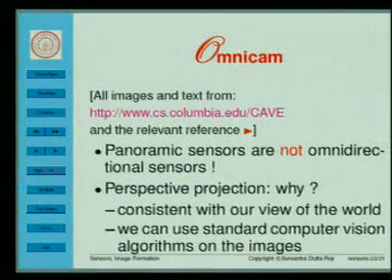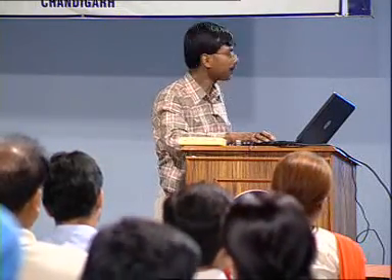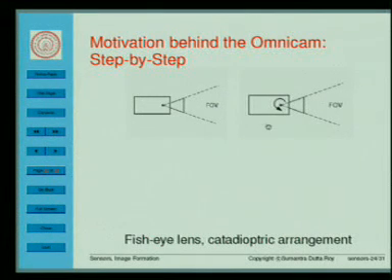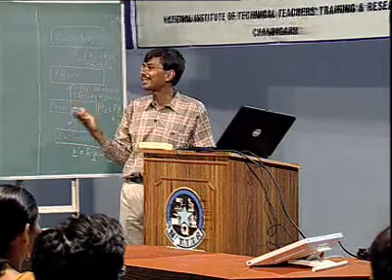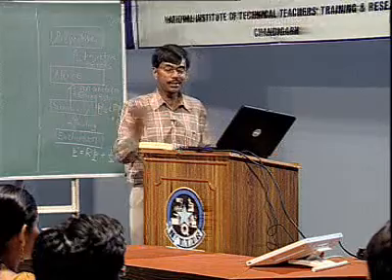Let's do a simple step by step. This is a simple graphical representation. In order to have a wider field of view, I can maybe place different cameras at different points in the room, but then mosaicing theory says that in a general case you cannot stitch them together. So one way out is rotate a camera about its optical center. This is essentially getting a panorama. उनको stitch कर सकते हैं, but because of the mechanical movement you cannot do it in real time. We would want it in real time. What is real time? About at least 25 frames per second, that is, you have 40 milliseconds to process each frame. कम से कम इतना, वरना real time नहीं होगा.